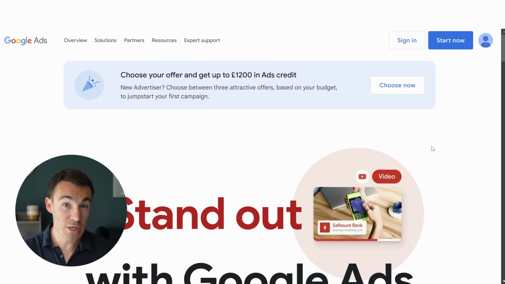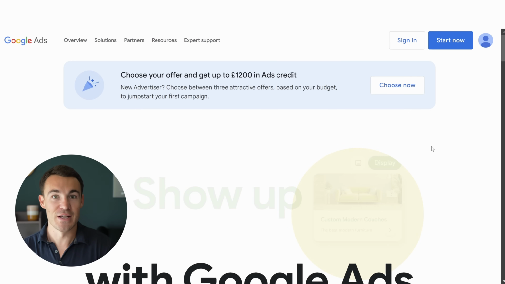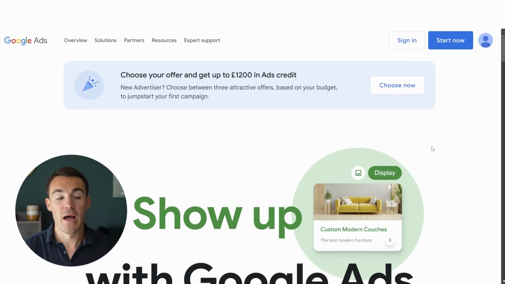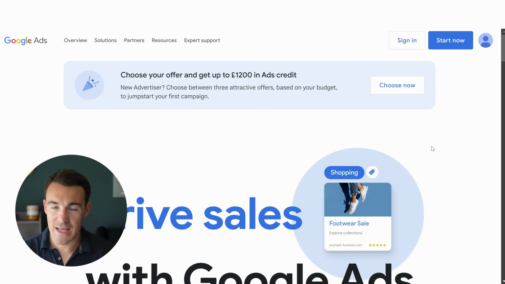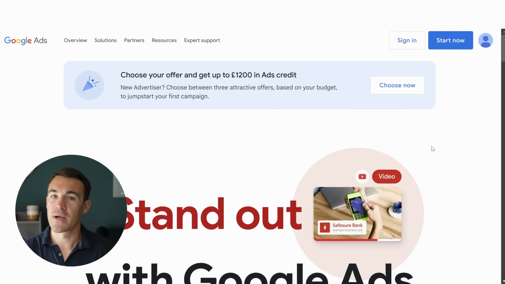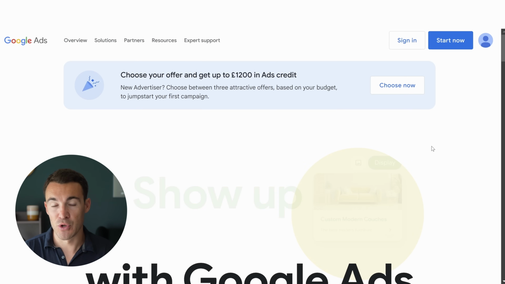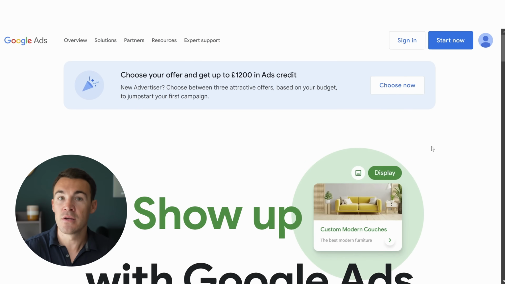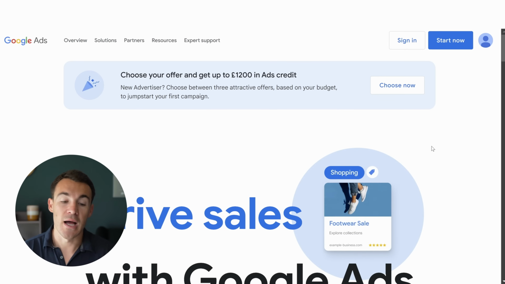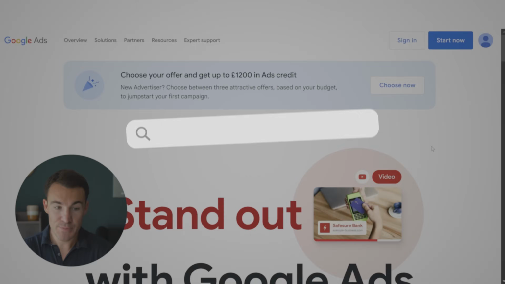Even if you don't use Gmail, there's a good chance that you still have a Google account because a lot of the Google services that we all use all the time require you to have a Google account. So you most likely have a Google account. Go ahead and sign into that. If for some reason you don't, you can quickly set up one. You might even want to set up a new one in order to go through this process. You could do that as well. But just make sure you are signed in to your Google account that allows you to use all the Google services, and then come through to this page, which is